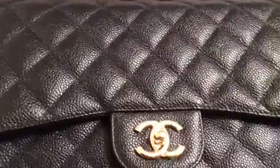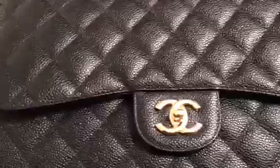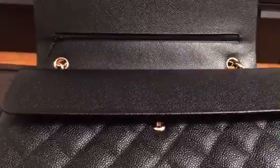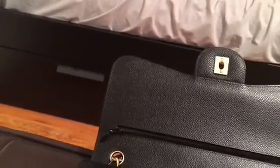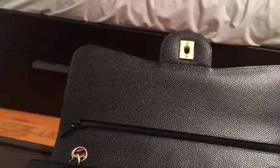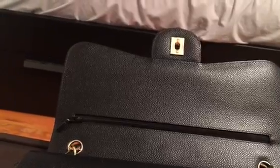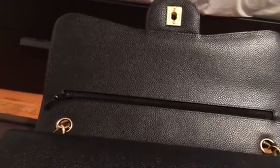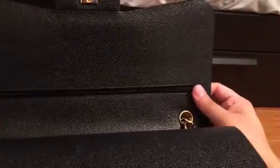This is in caviar leather, so it's more durable than lambskin. I got this in the gold hardware, as you can see, and it's black, obviously, so it's awesome. And yeah, this bag is the double flap. I got it in 2015. I have just purchased this a week ago, on October 10, 2015. And as of this recording, it's past midnight, so it's October 17, 2015, and it has a